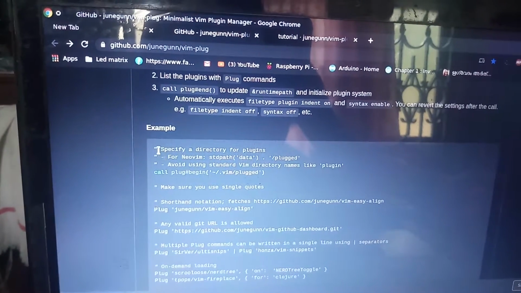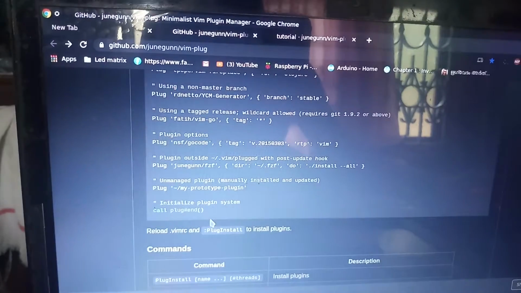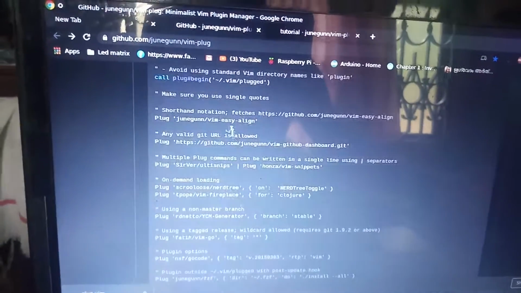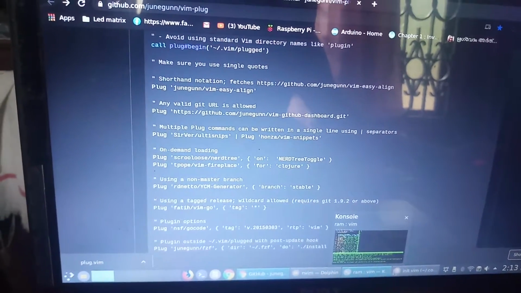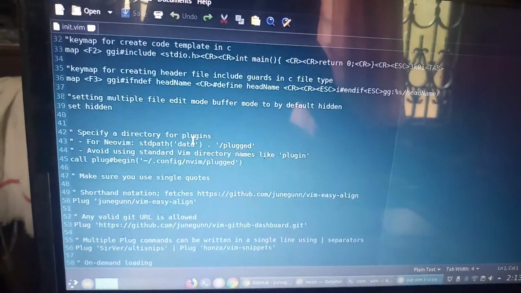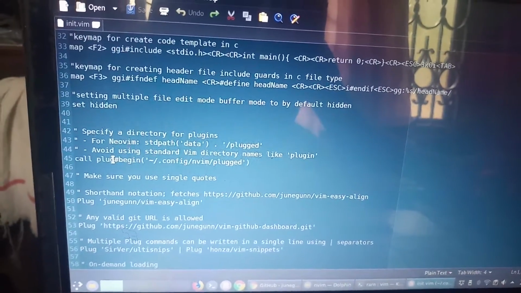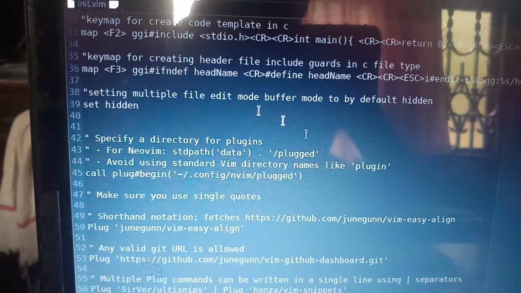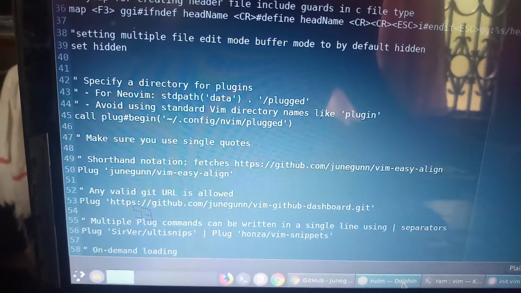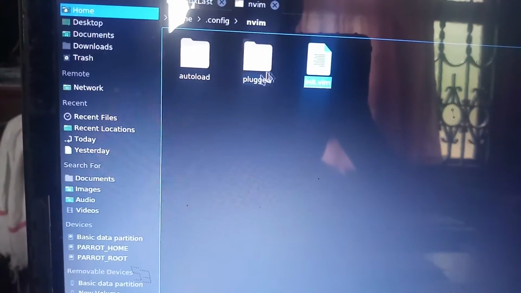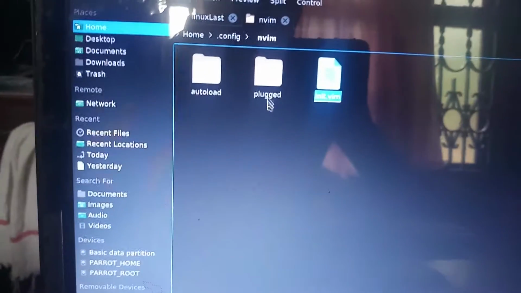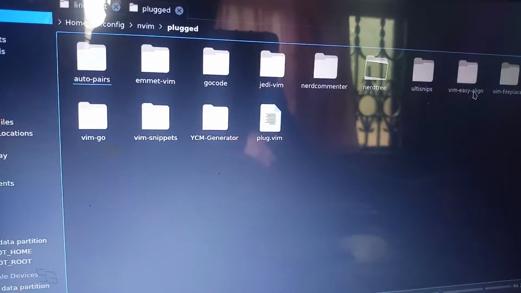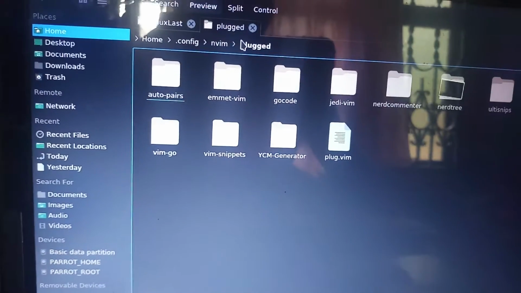You just want to copy all this content and paste it into the init.vim at the end of the file, and there will be this line: specify directory for plugins. So as I told you, you should create a folder called plugged to store the plugins you downloaded. Inside this plugged folder, you will see all the additional plugins you downloaded for NeoVim.